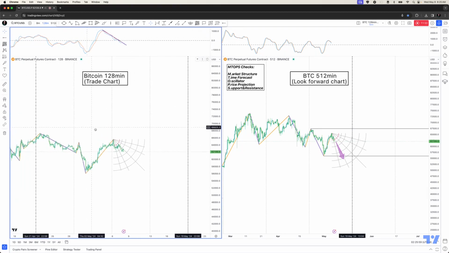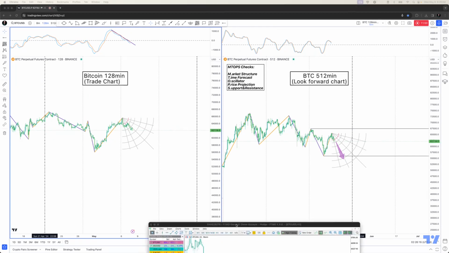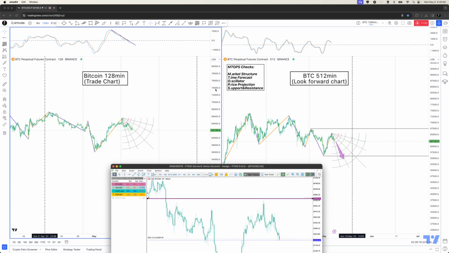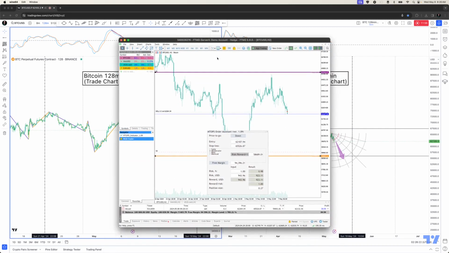Charting is one thing, trading is another thing. All right. So what's the difference? Well, charting is basically forecasting the future of price action based off of geometrical shapes and utilizing what I use, the MTOPS method. Trading is what we do with that information. Okay. And trading is super important